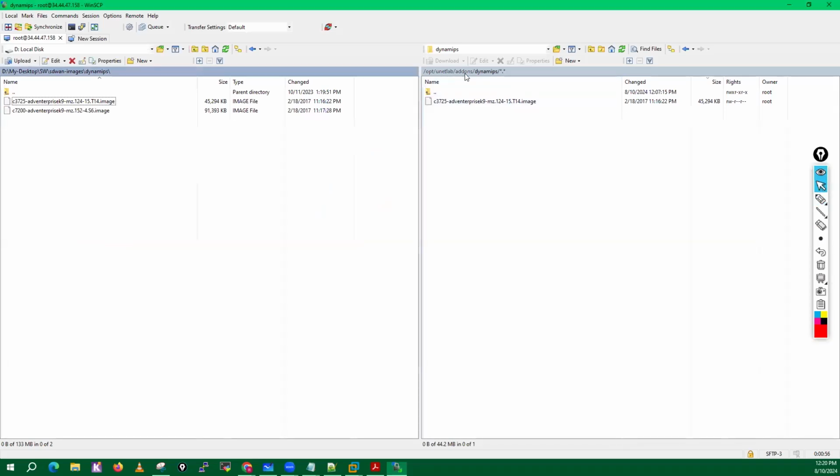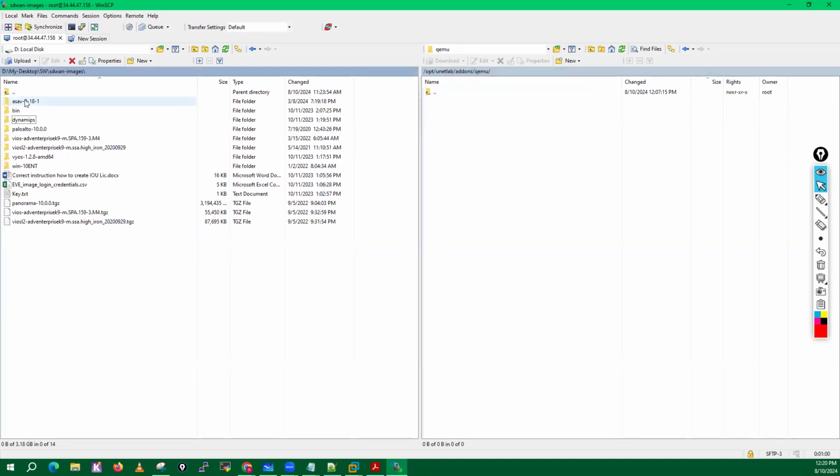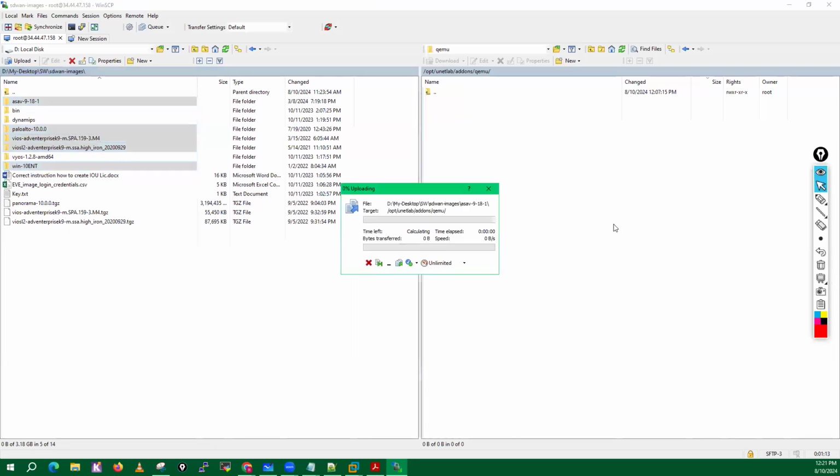Now go back to addons, go directly into QEMU, and here you can select all your images like ASA, Palo Alto, L2, Windows image. Just upload them. Select all, drag and just drop it. Select here, drag from here and drop it here, and it will basically upload. And you can see